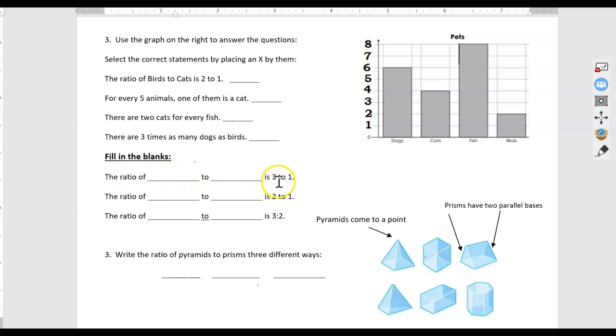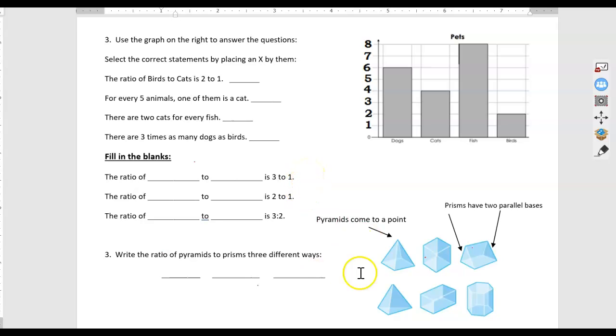And here, the filling in the blanks, it gives us a ratio here. It says we're supposed to create the ratio. What is the ratio that is 3 to 1? Somewhere in here, there's a ratio of 3 to 1. We have to figure that out. Is it cats to fish, birds to cats? What is it? So we'll have to kind of play with the numbers and figure out what ratio is